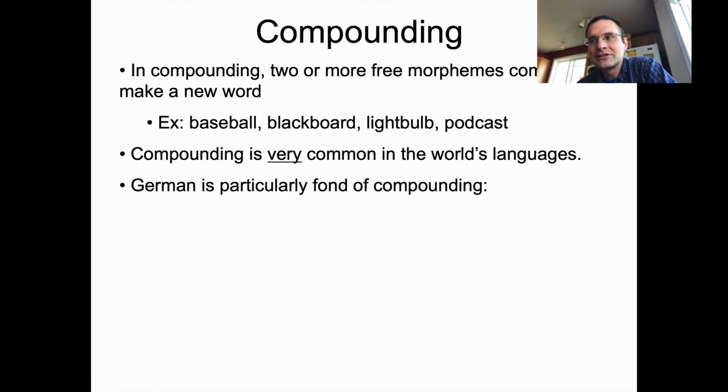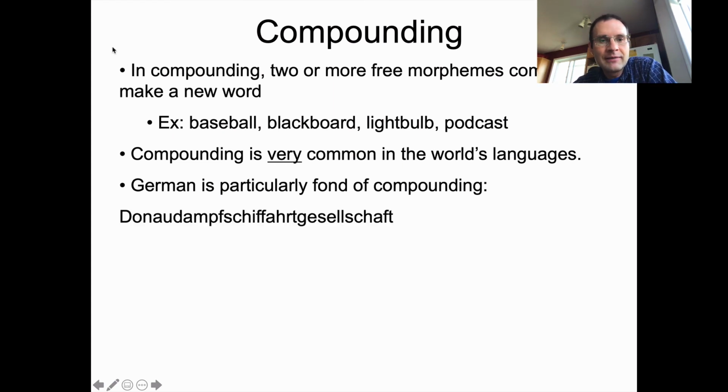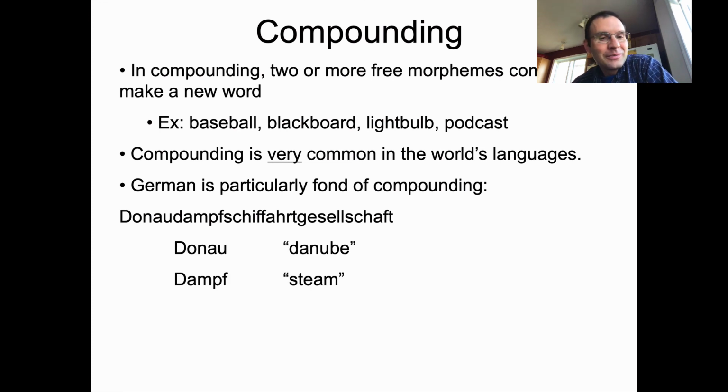German is another example of a language that likes compounding. This is an interesting contrast if you know some French. French is not so big on compounding, or rather what French tends to do is create new phrases out of individual words, like fleur de lis is three whole words, whereas German just throws it all in there and we'll create one gigantic word, like say Donau Dampfschifffahrtgesellschaft, which means Danube Steamship Excursion